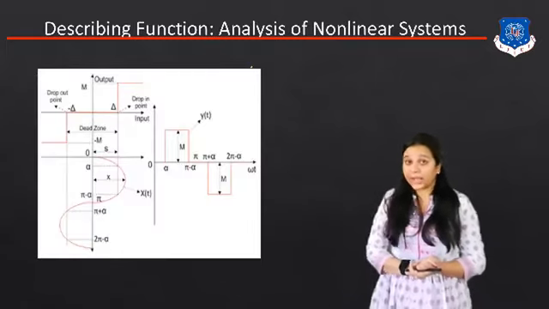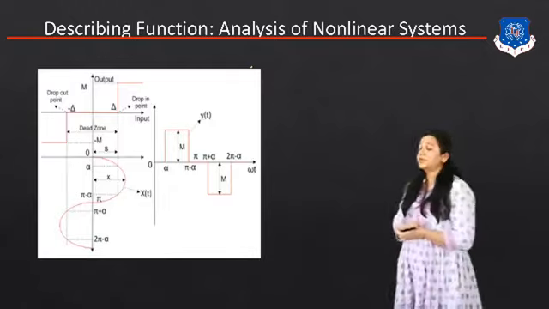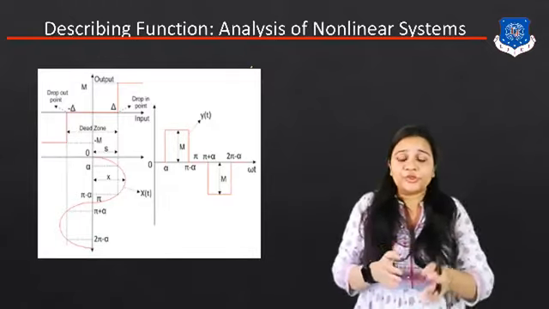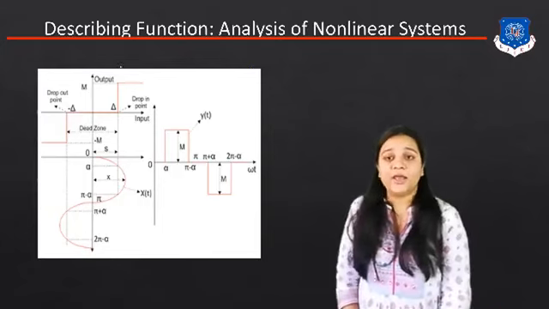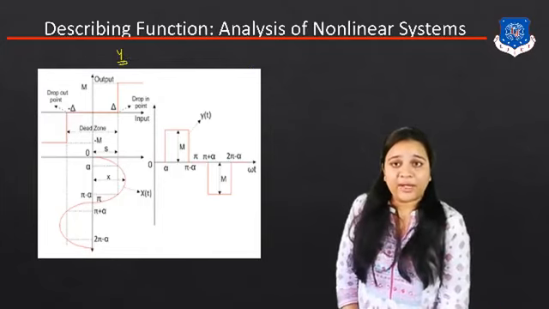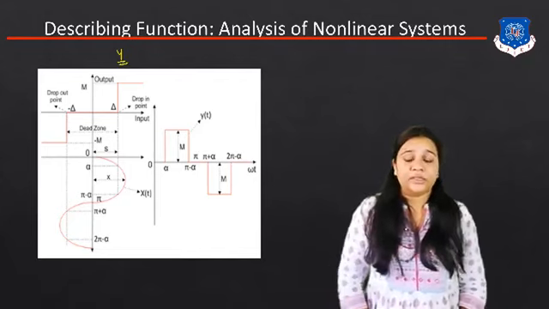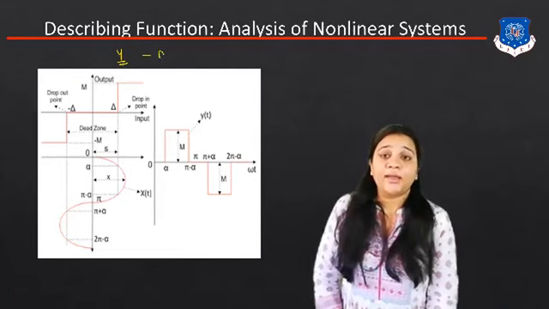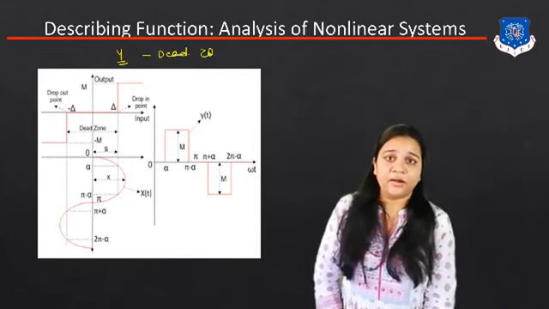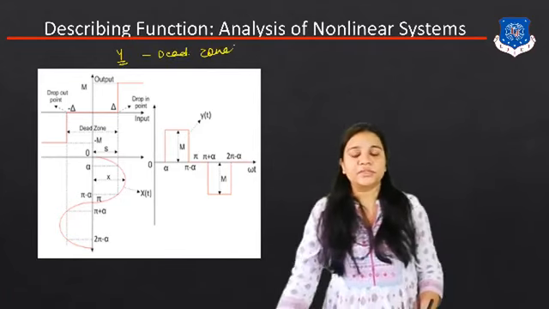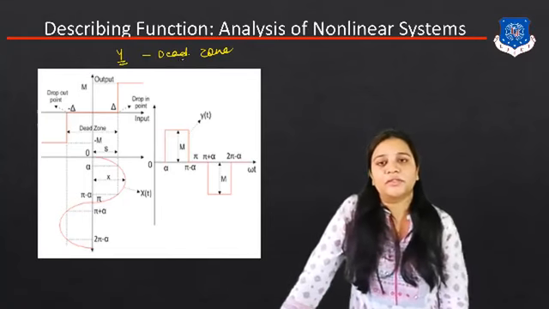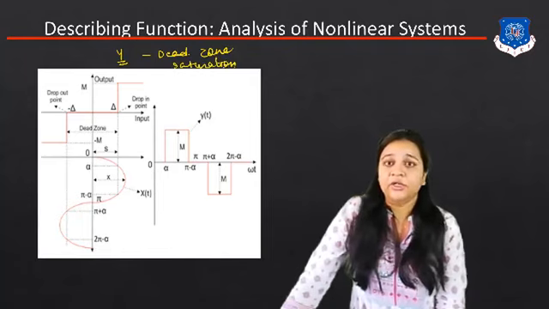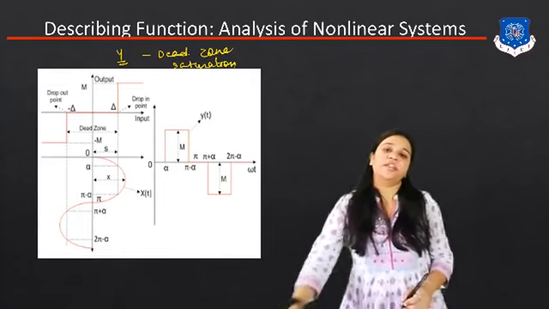And this is the graph for the describing function. If we deal with the different components used for the output equation y, we can get this type of graph for the nonlinear system. This is the describing function for the dead zone, and the second describing function, for which we have to derive the equation of y, is for the saturation region. So this describing function graph is for the dead zone.